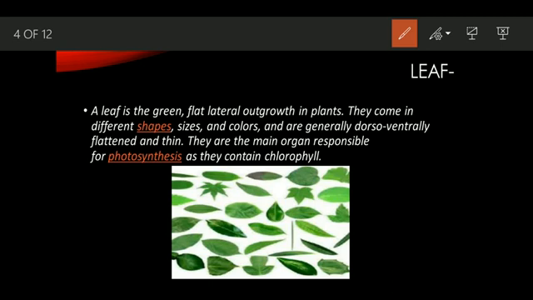Students, for your knowledge, I just want to introduce photosynthesis, a term we will study further, and chlorophyll. If you remember, I told you in the last lecture that chlorophyll is a type of pigment which is present inside the green plant. Actually, plants are green because of this chlorophyll.